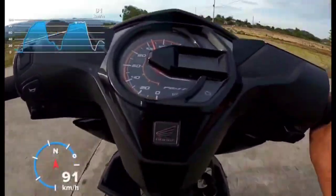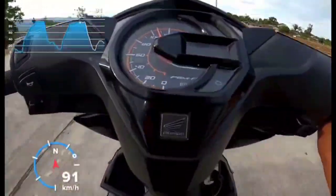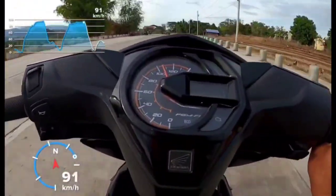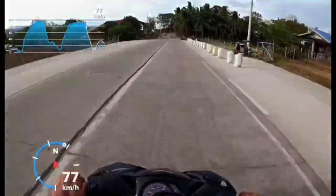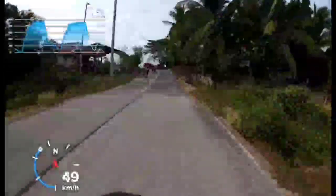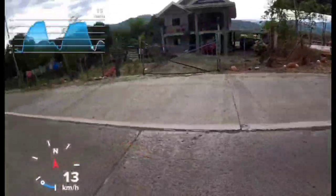So umangin guys, 100, 115 din tayo sa pabalik. So yun guys, di natin alam kung anong output sa GPS. Mas pinaka-accurate yung GPS kaysa sa